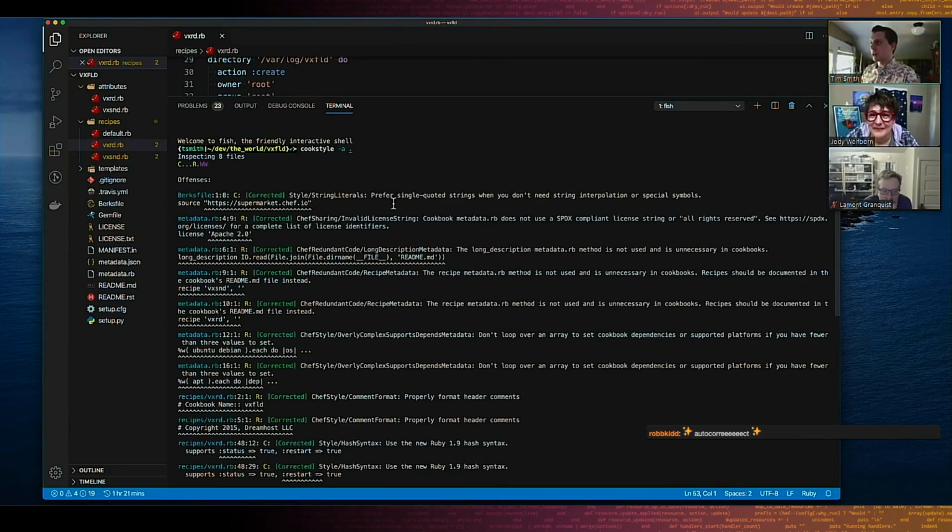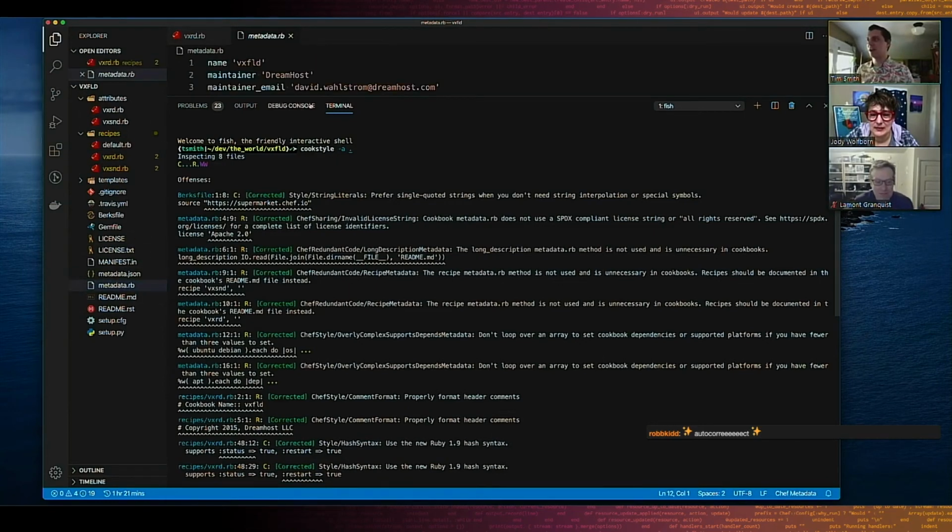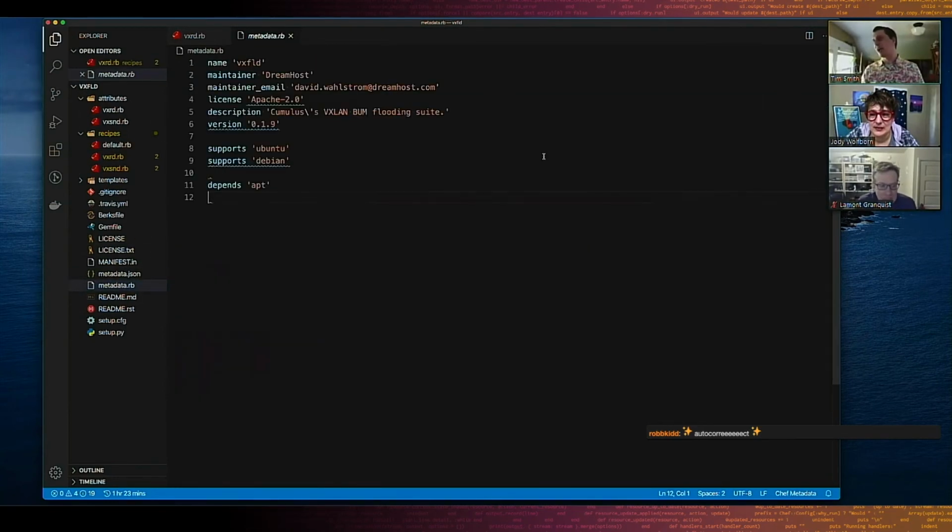We want to make sure people are using their single quotes, because that was the style we decided at some point. We want to simplify some code. We can look at one of these. I wonder if I can undo it actually, because it's pretty dramatic when you watch it in this resource. Unfortunately, it's not a Git checkout, so I can't. But basically, this took some incredibly complex, unnecessary code and got rid of it.